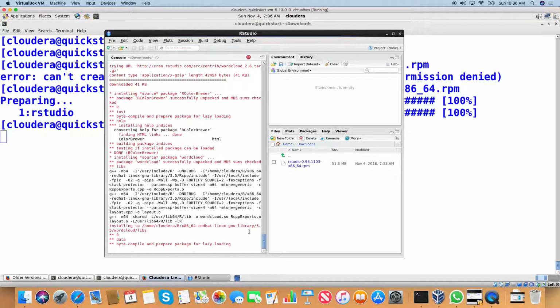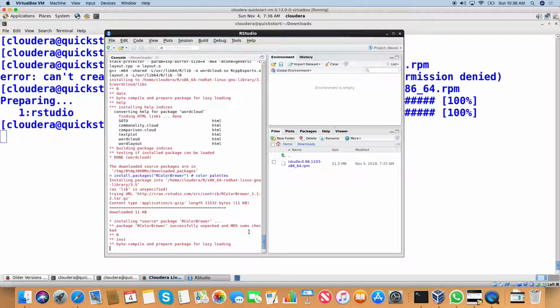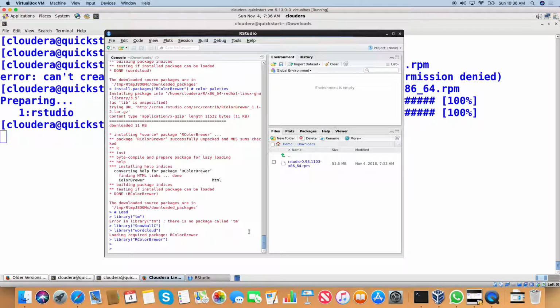Okay, if it is paused in between, don't do anything. Why? Because it is downloading the file. So see, the pause has come and everything is installed. Now what I'm going to do is going back to that same file,